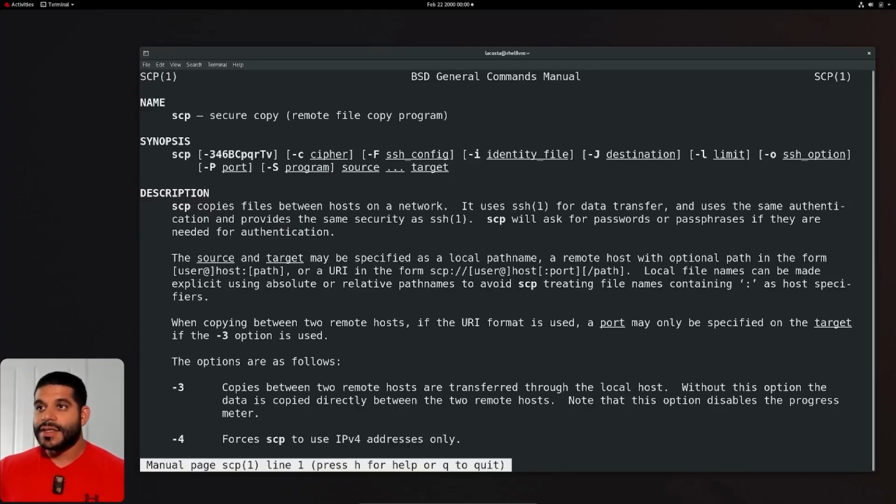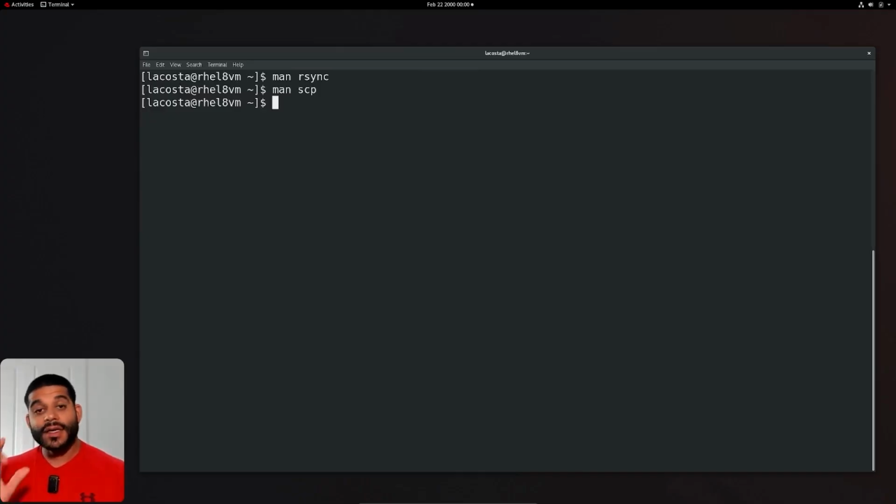So if we were to do a man scp, this stands for secure copy. So you can copy files between computers. But the funny thing is this is not as secure as rsync, number one. And number two, the other reason why I like rsync compared to some of the other tools, not just SCP,